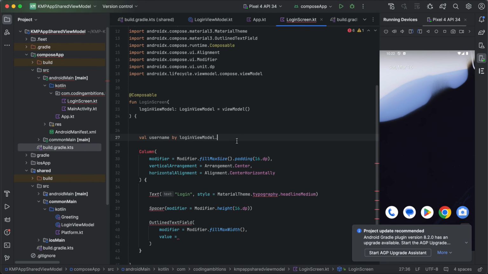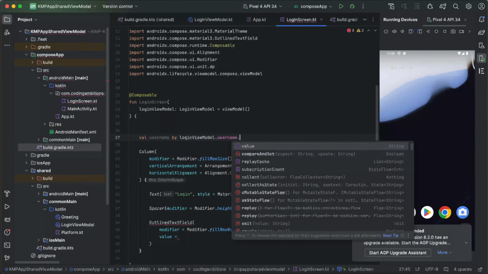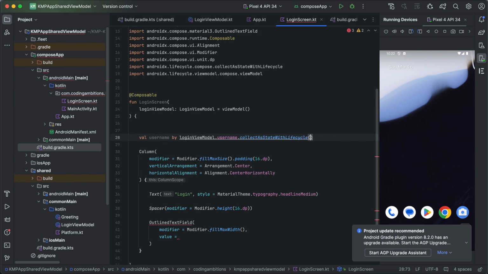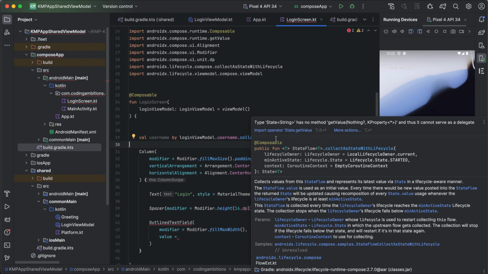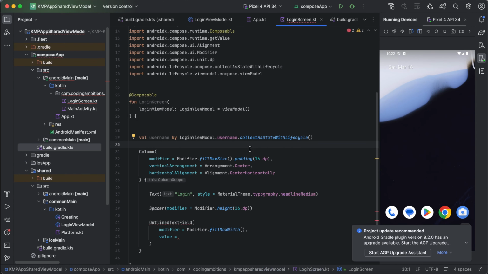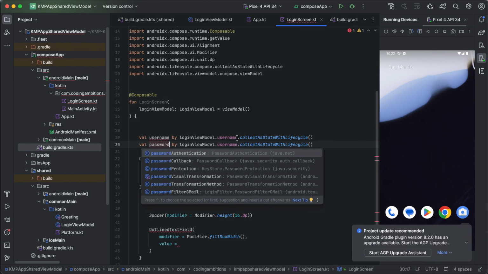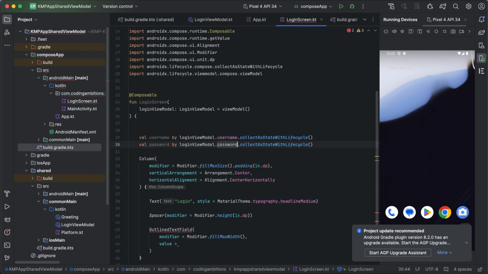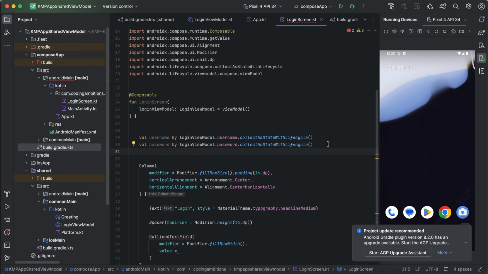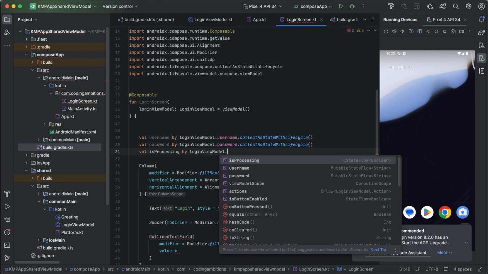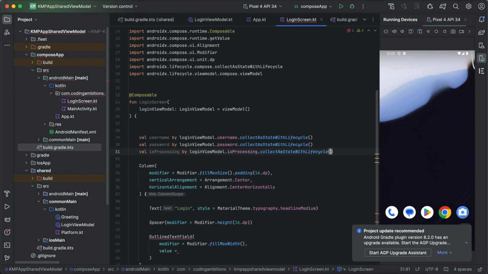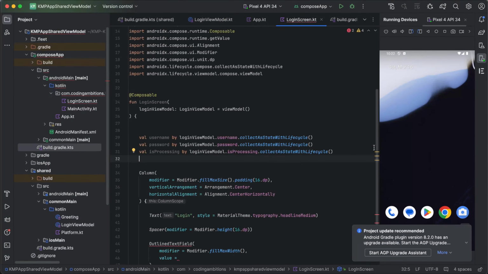Okay, dot username dot collect as state with lifecycle, right? State dot get value. Okay, similarly we can do for password. Okay, and then what we can do is for processing as well. Okay, cool. And then last one is